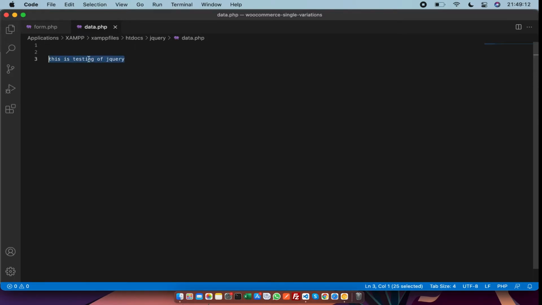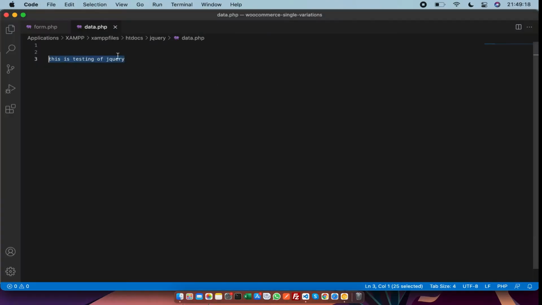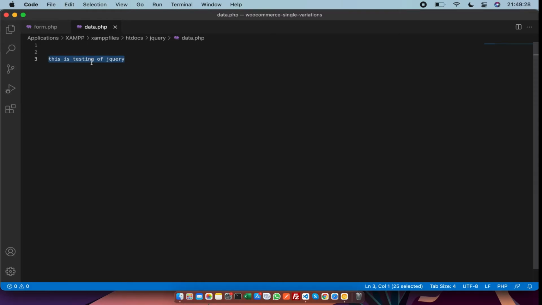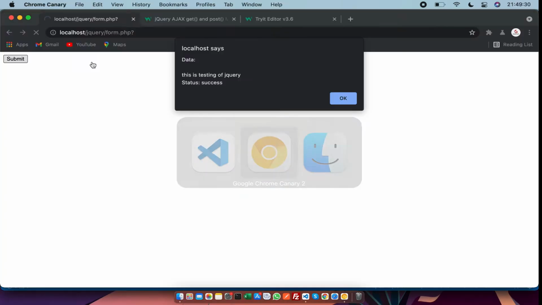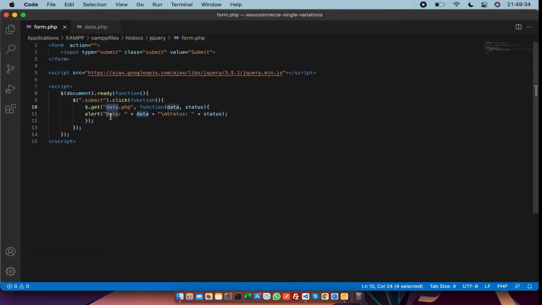As you know, I wrote a text here, this is testing of jQuery, that is showing the data and the status.